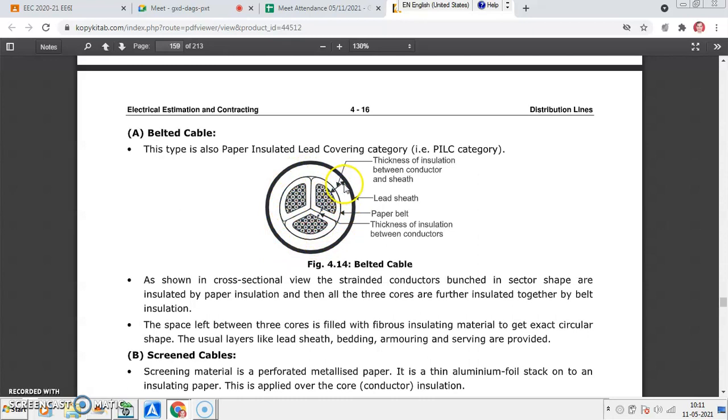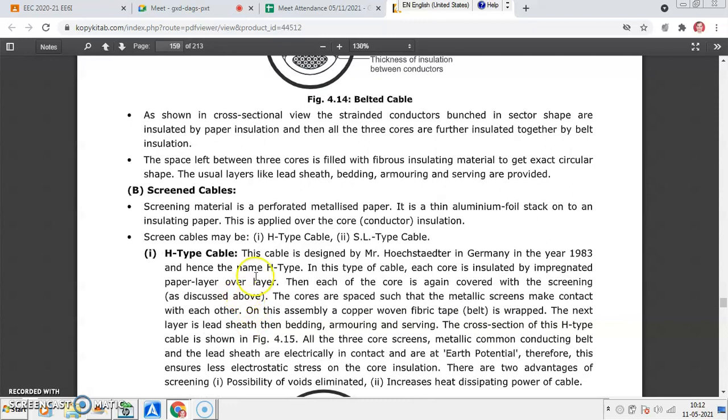Then this particular insulation is between the conductor and ground. So you have paper, lead sheath, and then the insulation which is provided, maybe rubber or PVC, or maybe external serving. This thickness directly depends upon the voltage between conductor and ground, while the other thickness is according to the voltage between two conductors. Okay, so the cross-sectional view and the construction of the cable you can see clearly.